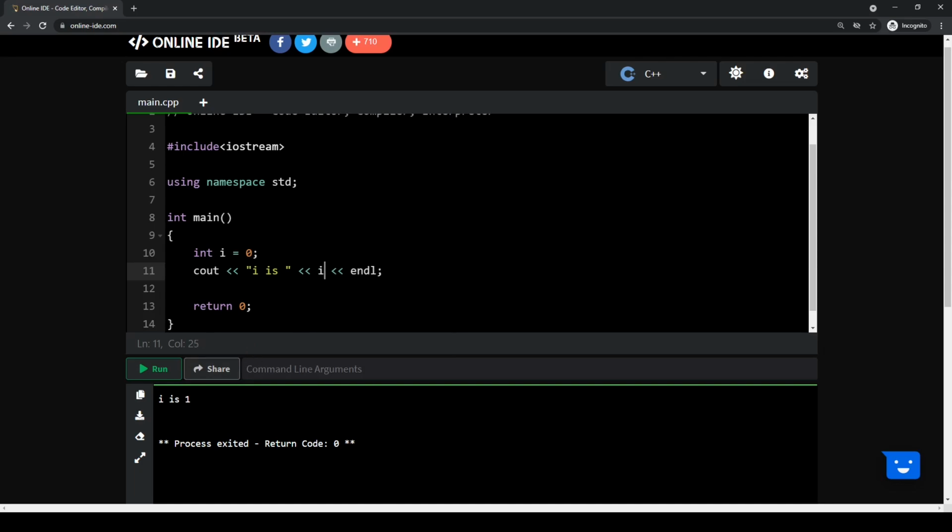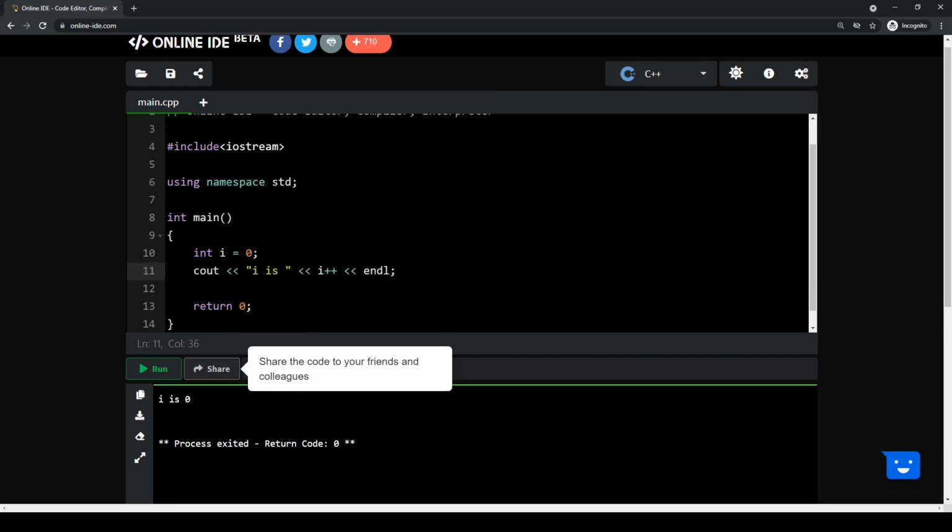Whereas if I put the plus plus at the end, what it means is that I'm going to first take a look at the content of the variable I and print the result. Once it's being done, then I'm going to add the 1 to my variable when all of this statement is being executed. So that's why when I run this code, when I put the plus plus at the end, you'll see that the value is going to first show up as 0, and then